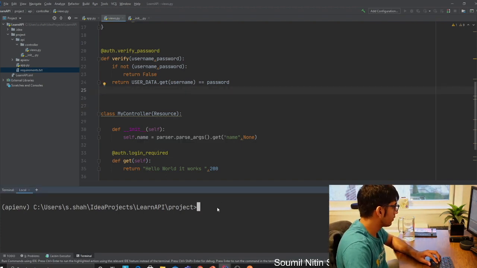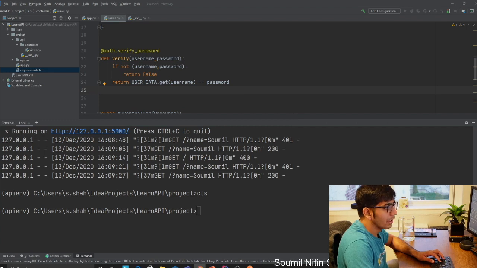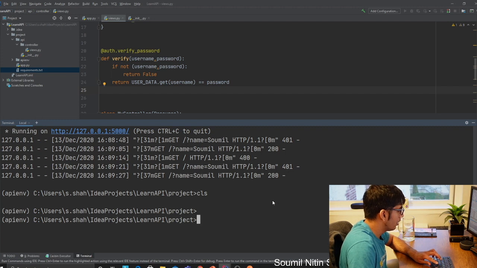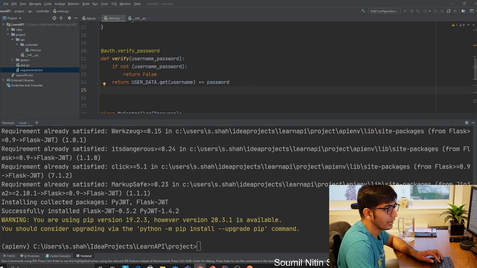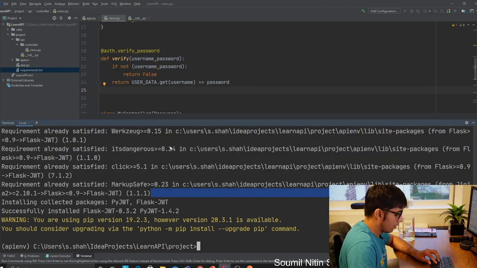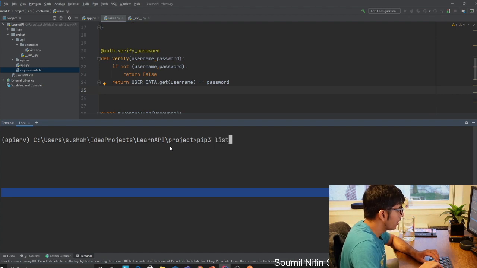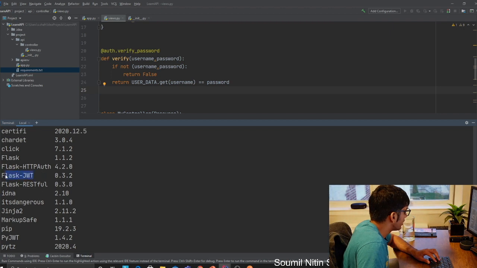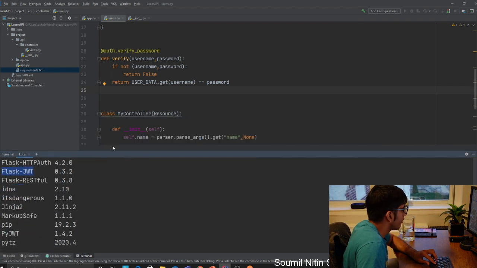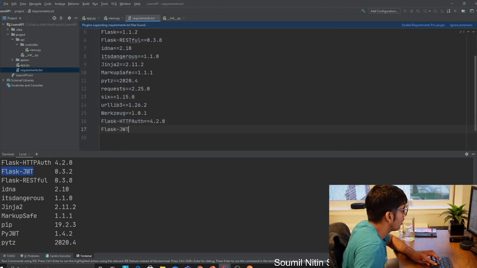First of all, the project directory. You want to come here and install Flask JWT authentication. I want to do the pip install. So I would copy here. This would basically install the necessary libraries we need. Verify that using the pip3 command always. So here you can see Flask JWT is added. Let's add that to the requirements.txt as well. Version is 0.32.